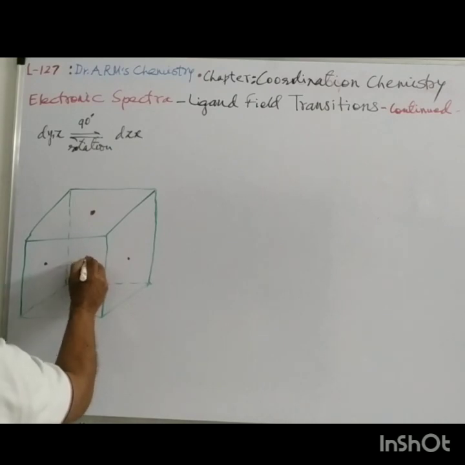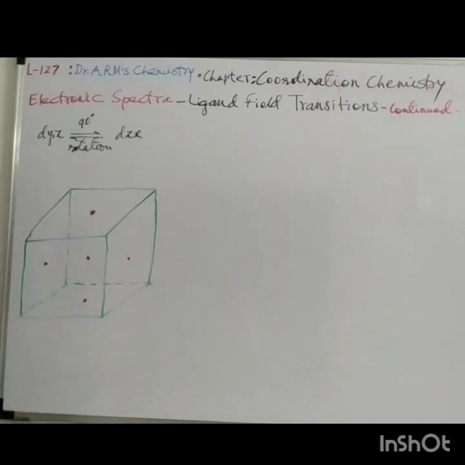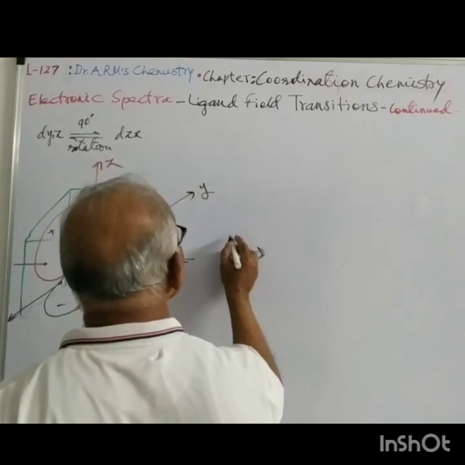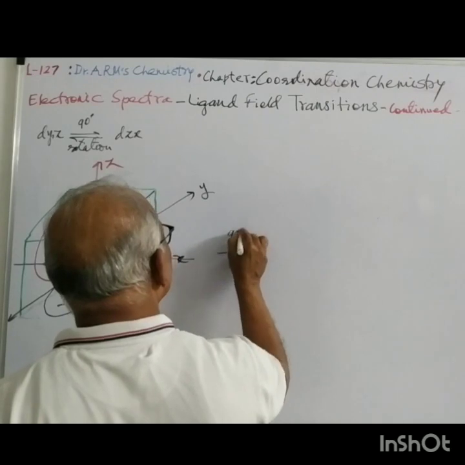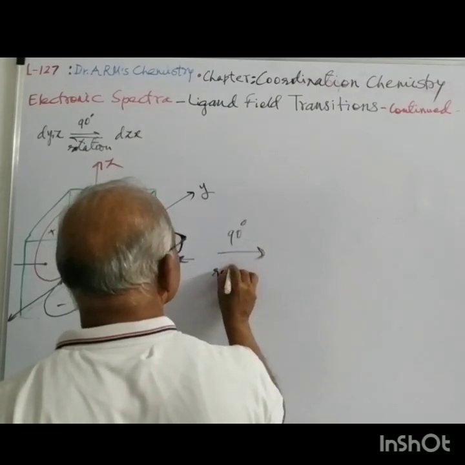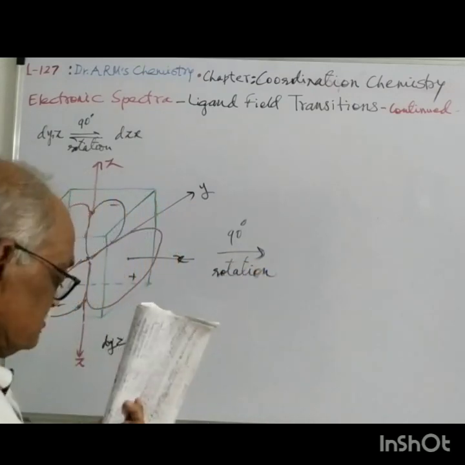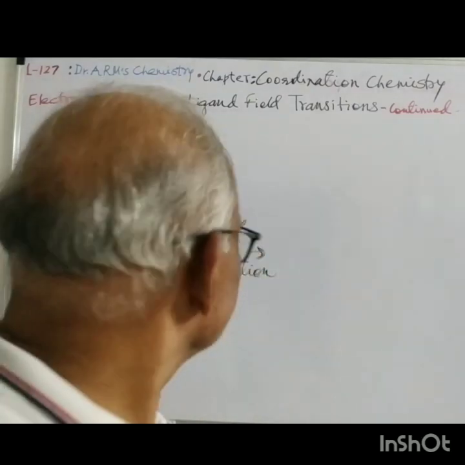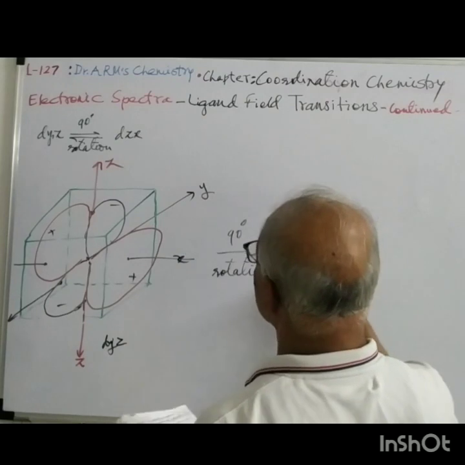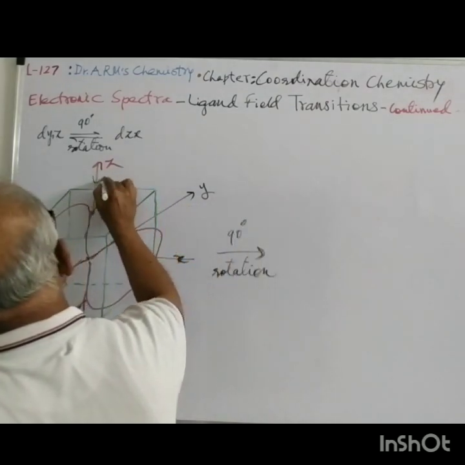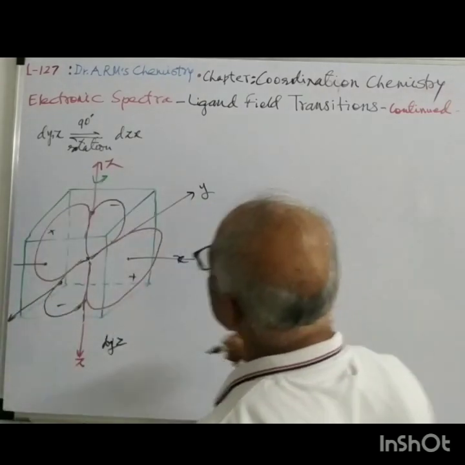There is the center of this nucleus. Now we know that a rotation of 90 degrees will have the change like this. So after 90 degrees rotation,